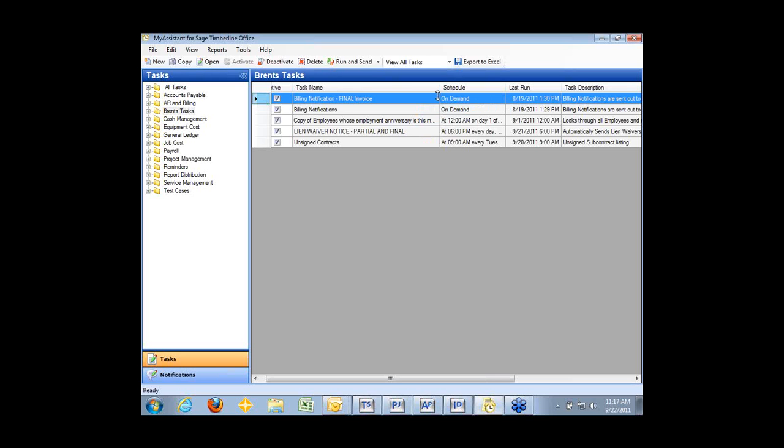So we get final payment. We come in here and we run this task and we send the notifications. So anyone we don't have a final bill for, it sends in a notification and says, hey, we got final payment from the owner. Send us your final bill and we'll pay you. So rather than having to reach out and make phone calls for anything that's not in the drawer, we're automatically sending these guys notices. And this has greatly improved our ability to pay our subcontractors and our suppliers as fast